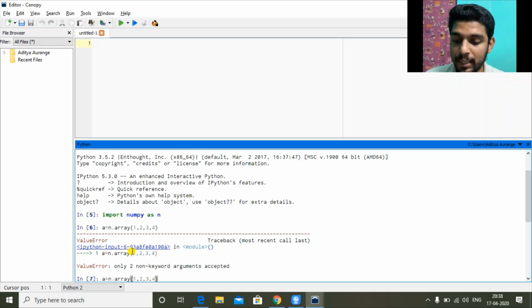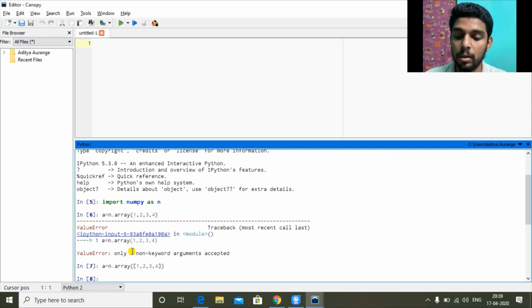The correct syntax would be n dot array, where array is a function to which we give values. The values I have given directly, but values should be enclosed in something, enclosed as a list. So now it does not give an error.